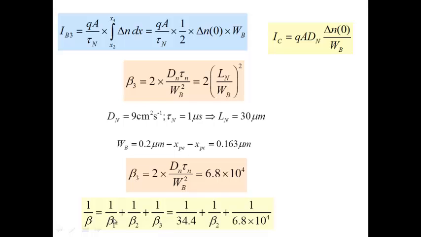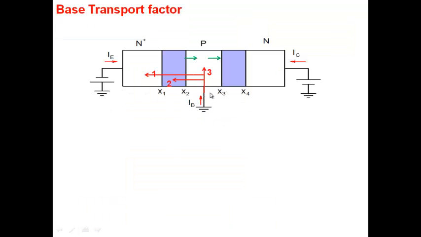So 1 over beta is 1 over beta 1 plus 1 over beta 2 plus 1 over beta 3. Beta 1 we have already calculated, 34.4. Beta 2 we still have to calculate. Beta 3, 6.8 into 10 to the power 4, is not going to matter. It's not going to determine what is your current gain. The current gain will be, according to the present picture, determined by these two terms here, rather than this one. Okay. So coming back again, we said that in principle there is a component here, number 3, which